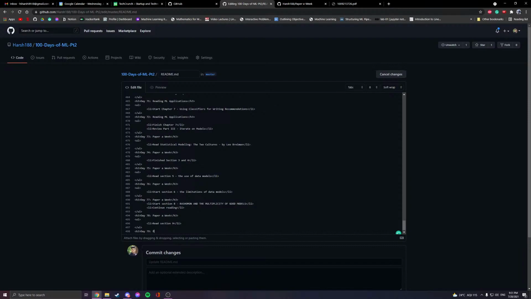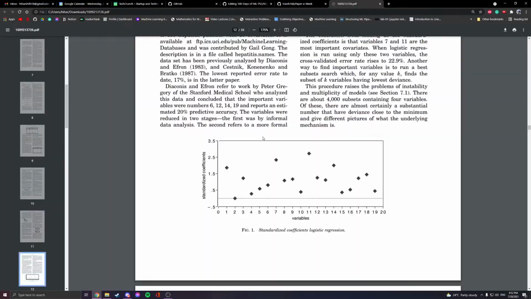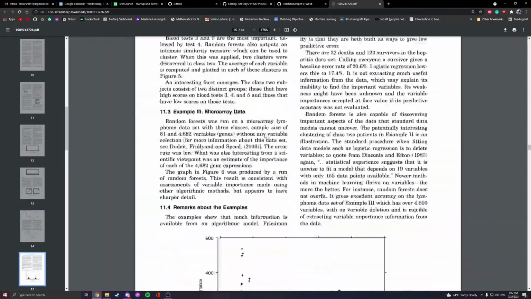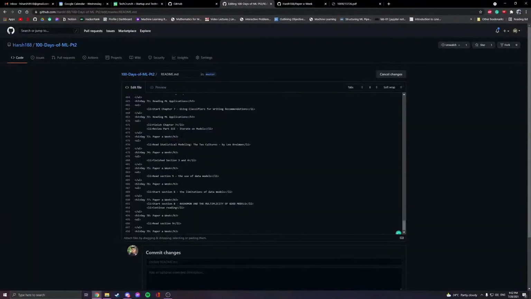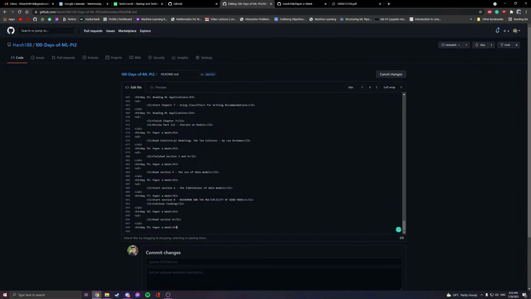It sucks that I'm still reading this paper even though it's been almost a week since I started it. It's literally been 1, 2, 3, 4, 5, 6, and tomorrow's gonna be 7. I need to finish this paper, but at the same time I'm trying to prioritize my final at the moment and see how things go. But I think actually, instead of the paper a week, what I'm gonna do is prepare for my machine learning conference.